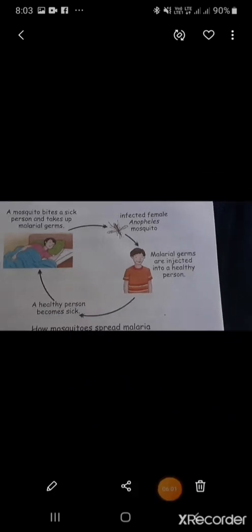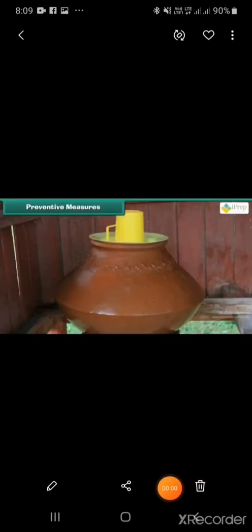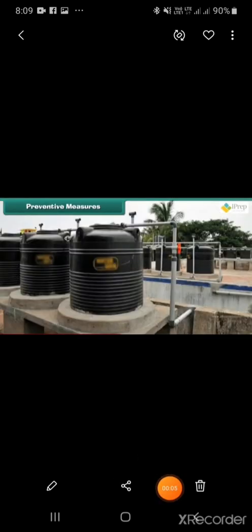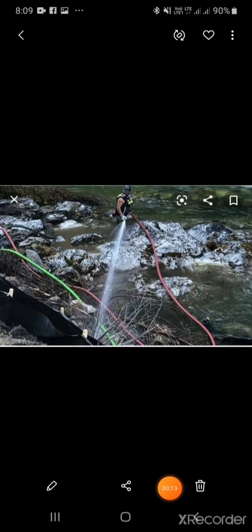So it is very important to know prevention and control of malaria. Malaria is more common during the rainy season. So do not let the water collect around. Fill up the pits with mud. Keep the water pots, cooler, and tank clean. They should be dried every week. You can also spray oil or DDT if water has collected at some places.